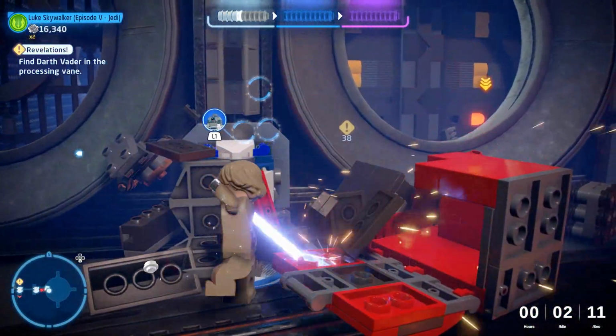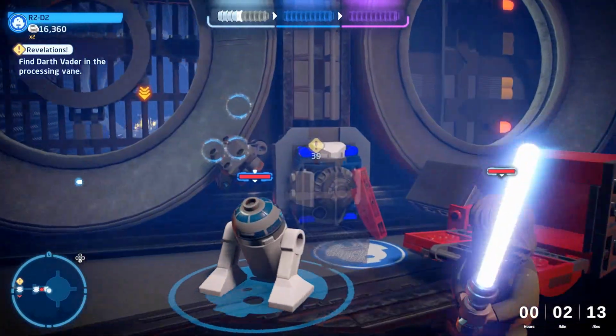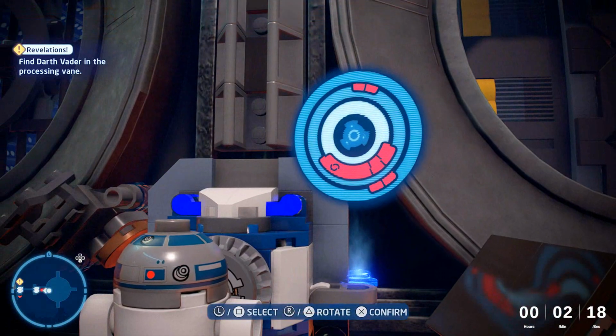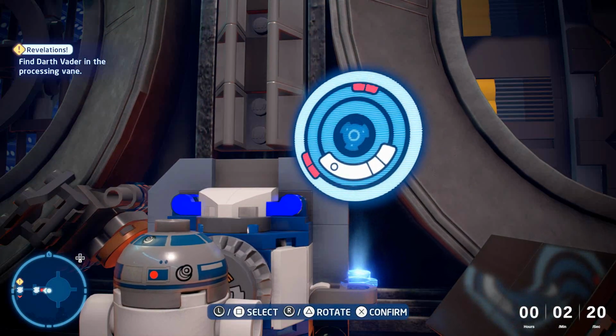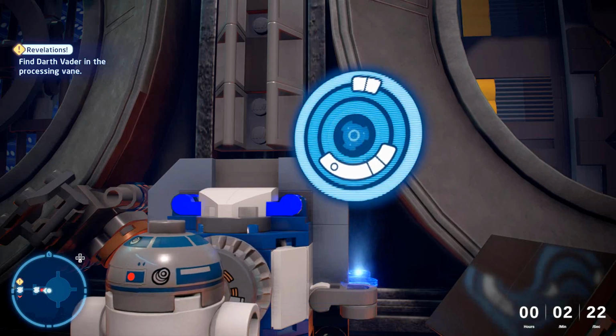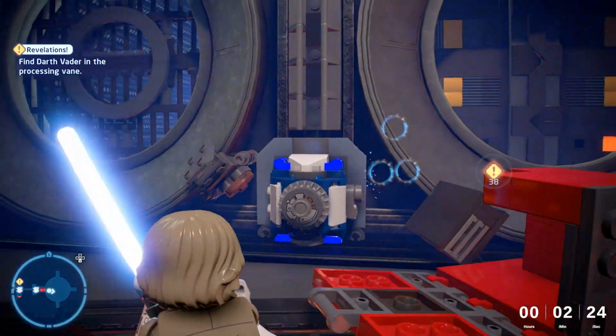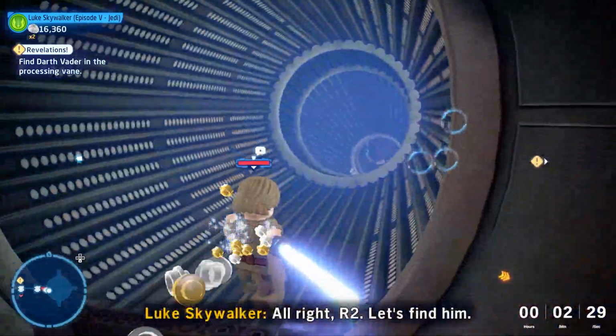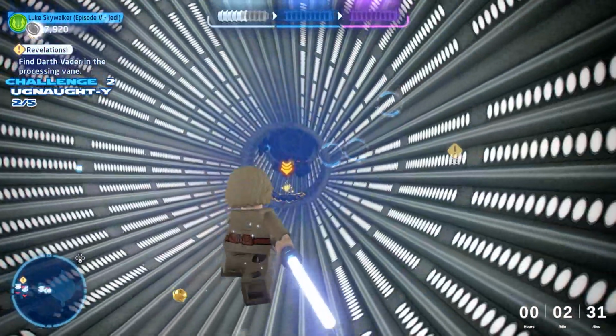Now, before making your way out of here, don't forget to collect that Minikit and smash the debris blocking the R2 panel here, which we're going to go ahead and slide it on around. Oh, I went the long way. See, there's a couple of situations here that I lost time when I could have been gaining time. So my efficiency isn't as good as it could be, but we're going to go ahead and keep on